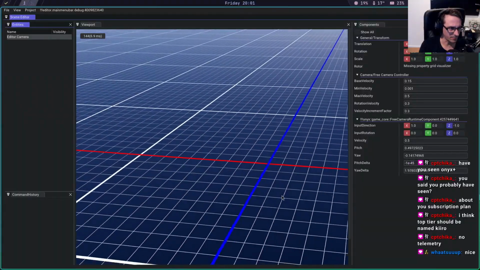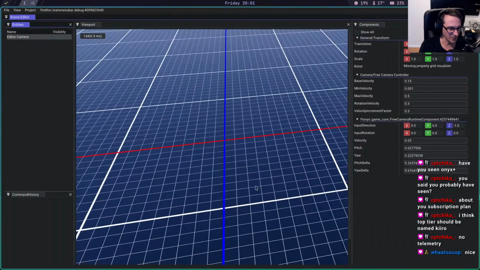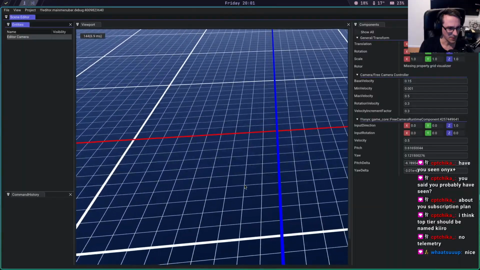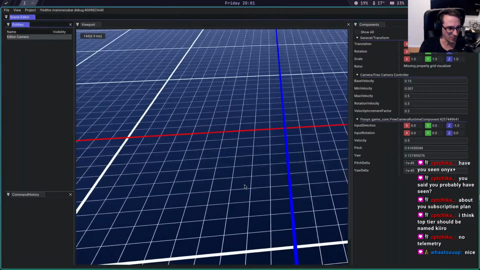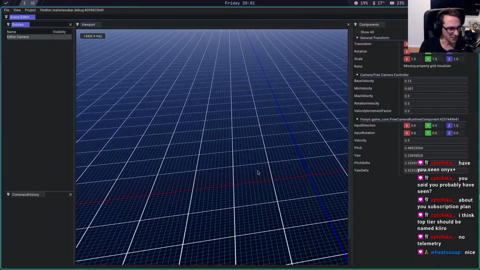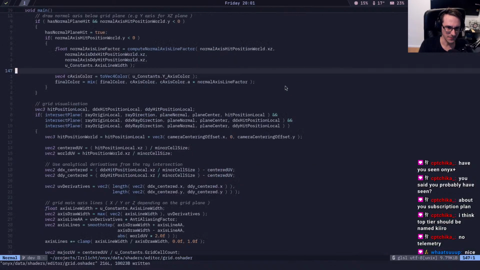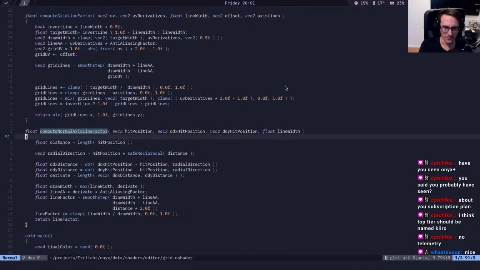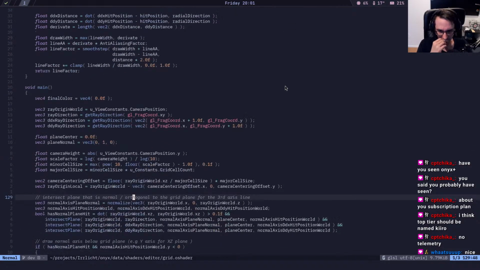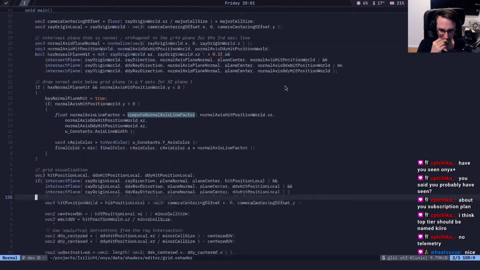But I want to do it one step further than that, because the jumps are quite huge, right? You can clearly see it popping. I think we can do a little bit better than that. But let's try to first adjust the y-axis. So the UV derivatives here, this one we probably need to scale. Or is it this one that we need to scale? Let me see. So here